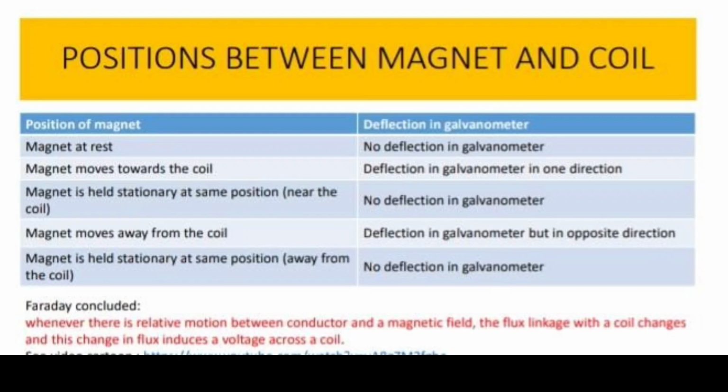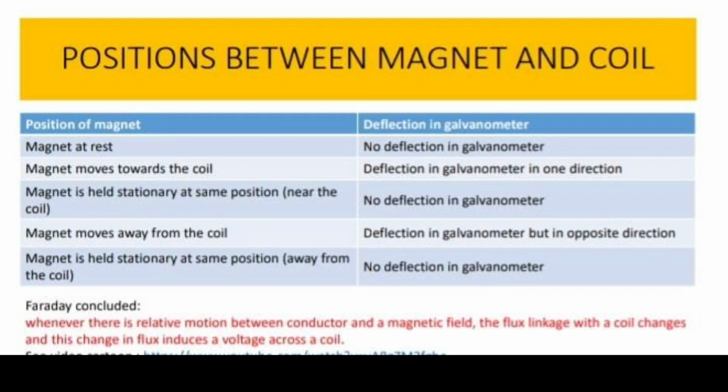Number 3, the magnet is held stationary at the same position near the coil. Again, no deflection in the galvanometer. The galvanometer shows deflection in the opposite direction when the magnet moves away from the coil. If you keep the magnet held stationary at the same position away from the coil, again no deflection is shown